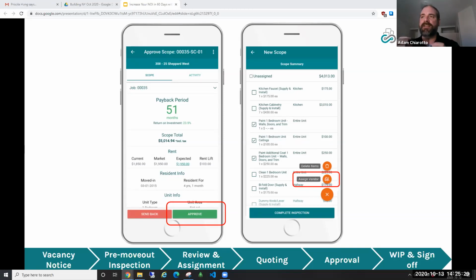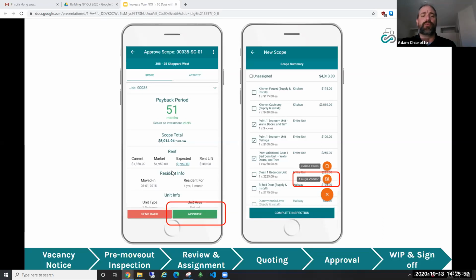But you do have the ability to basically complete 100% of the task while you're in the unit. No more having to remember, all right, I inspected 5 units. Let me go back to my office. Let me arrange for my vendors for all of the 5 units, or let me assign some of the work to our internal maintenance teams. You don't really need to do that. You can do it all right while you're in the unit. And then the second you walk out the door, there's nothing left to do. You don't have to remember to do anything else. There's no missing pieces. Everything's completed.